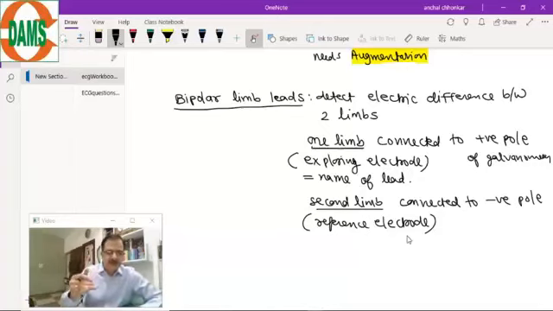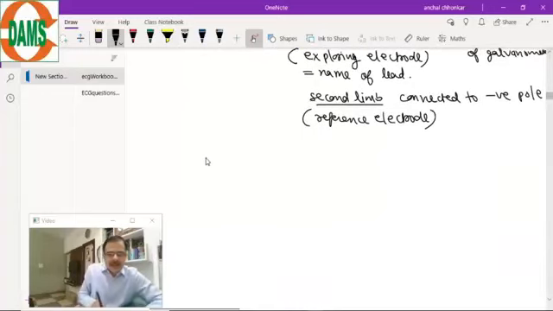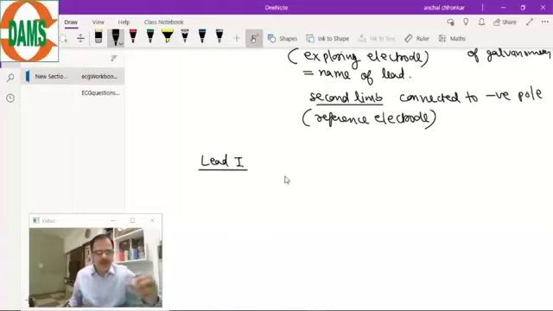Starting with lead 1. So this you can write down in your notes. Now come to the diagram. The diagram we will make in the form of a table. Lead 1. So let's understand lead 1, how it is made, what is the location of this lead, and what are the reference electrode and the exploring electrode limbs. So we will make the diagram of lead 1. We'll make a vertical plane of the heart.